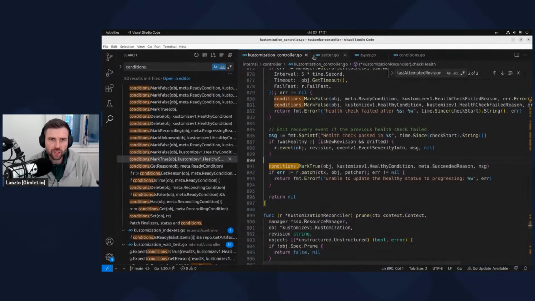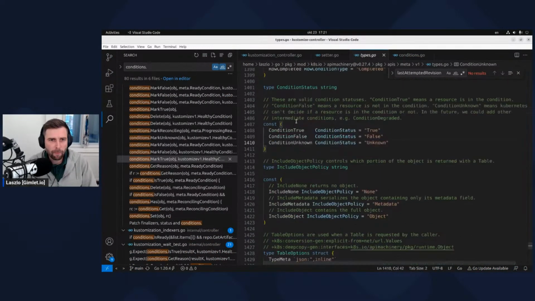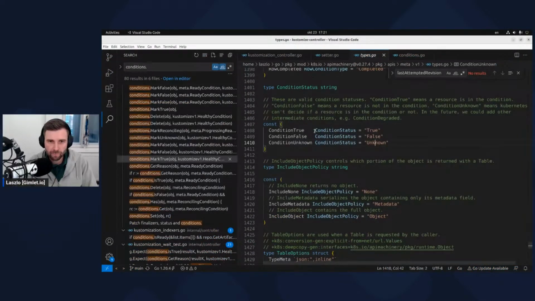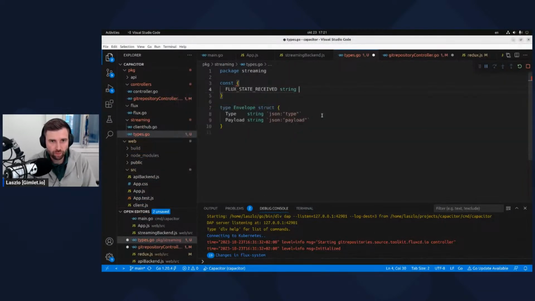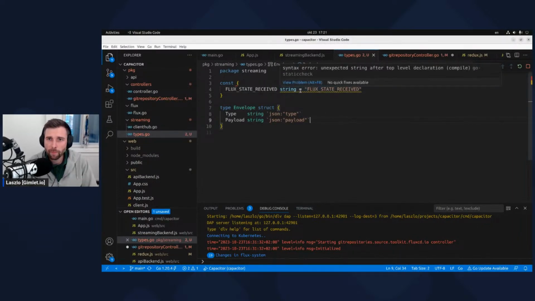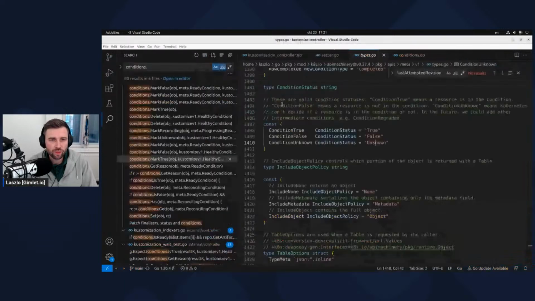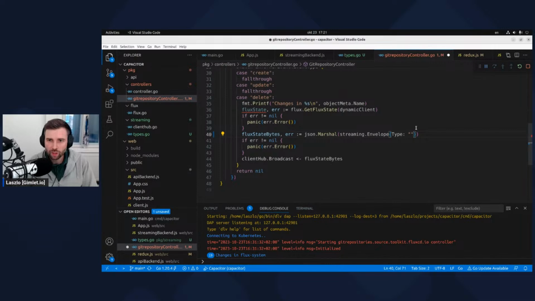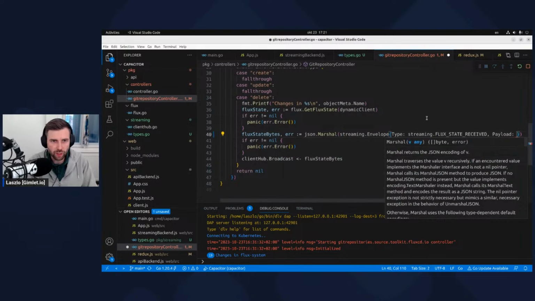I've seen a great practice here in const block flux state received, which is a string with value flux state received. What's wrong with this? Const. Okay. The type is going to be streaming.flux state received, and the payload is going to be flux state, which